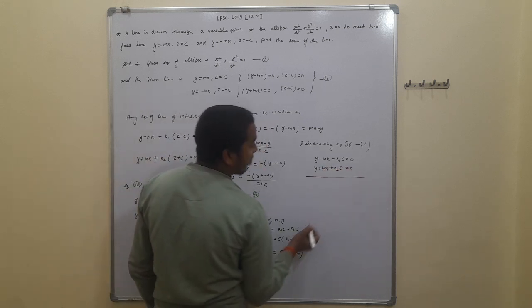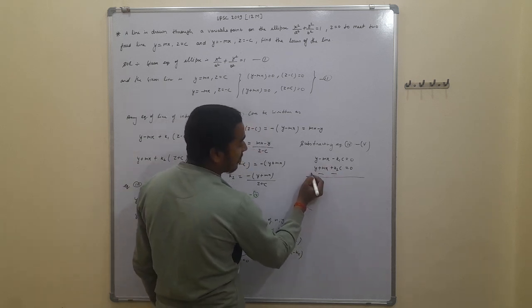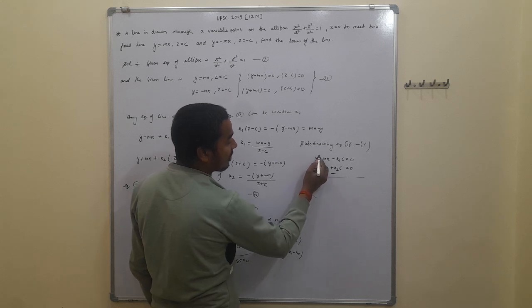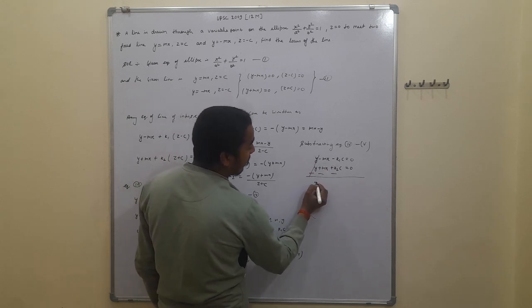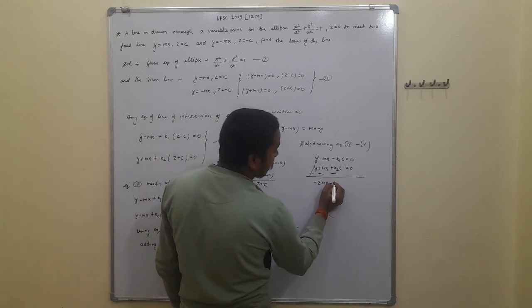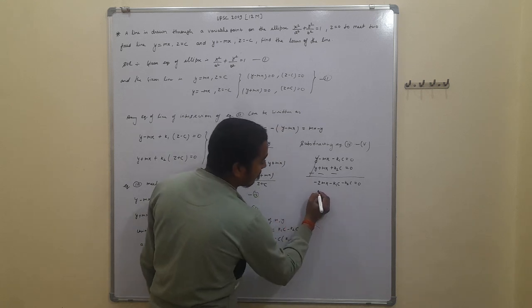We subtract, then we change the signs, plus is minus, and plus is minus, then plus y and minus y cancel out, and the remaining is minus 2mx and minus k1c and minus k2c is equal to 0,